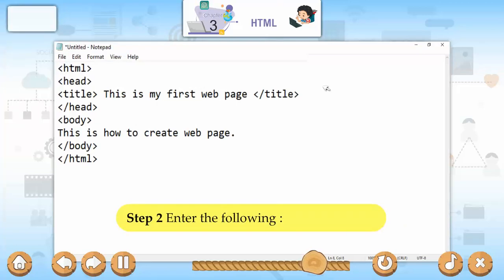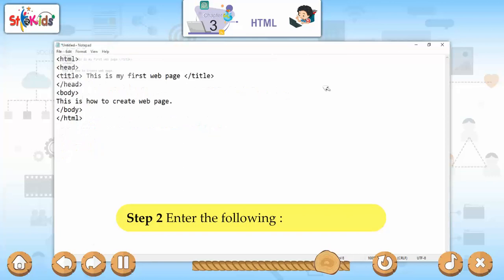<html> <head> <title> This is my first web page title. </title> </head> <body> This is how to create web page. </body> </html>